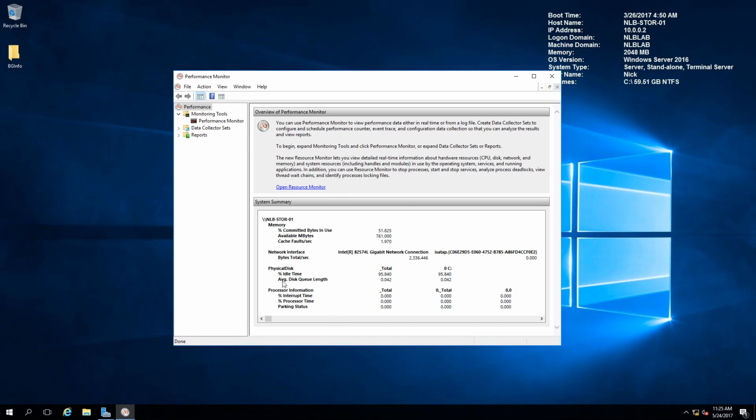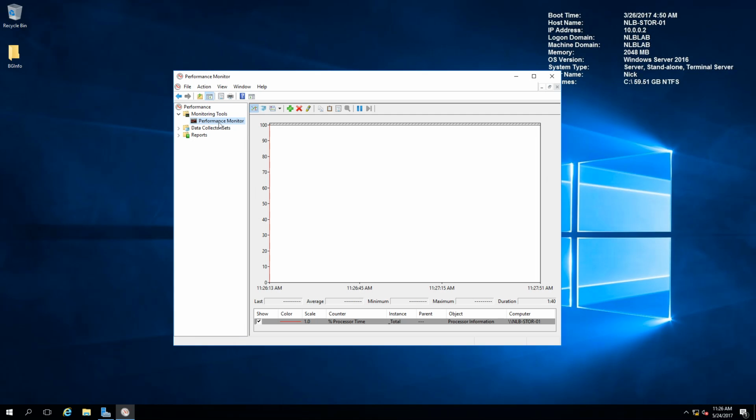For example, is it the queue length of the disk, or is the disk not able to respond on time to requests to write or read from it? This will give you much more detailed information than the other tools that we mentioned. You need to go to the Performance Monitor tab on the left side, and if I expand this,